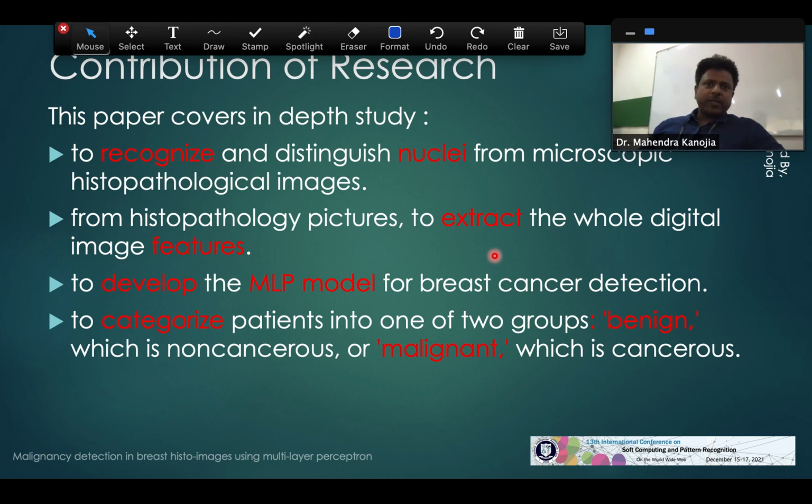After the nuclei are identified, we have extracted all the possible image features which can be used to train the machine learning model, and the model we zeroed in on is MLP, multi-layer perceptron. This multi-layer perceptron categorizes the patient's image under study as benign or as malignant. So you can call this a classification problem.